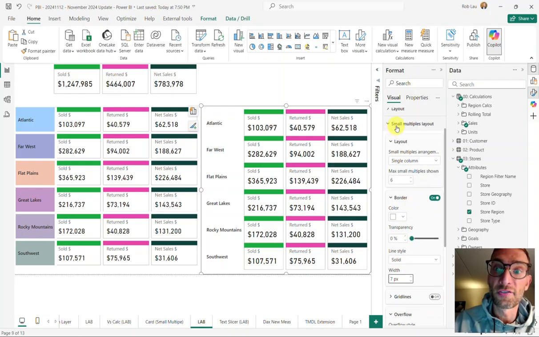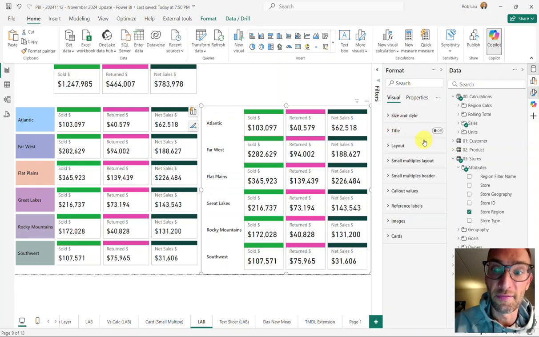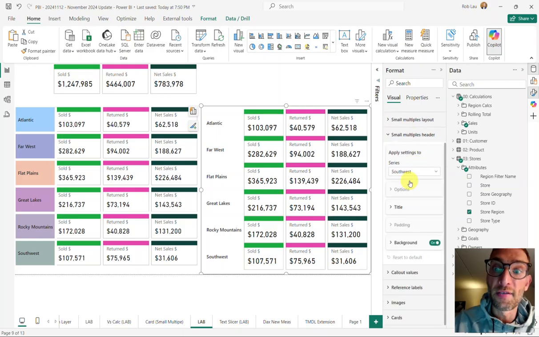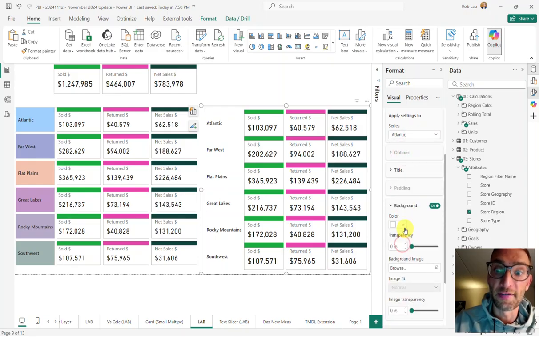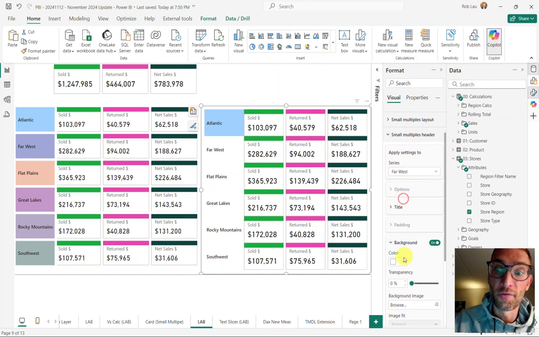So here's the additional layer of detail that's given to us. For the small multiples header, you can now apply everything individually to every individual small multiple. So in this case, we'll set the background for Atlantic to Atlantic. We'll go through these and we'll mirror that on the left. And then we'll bring in those spaces too. So as I bring these in,